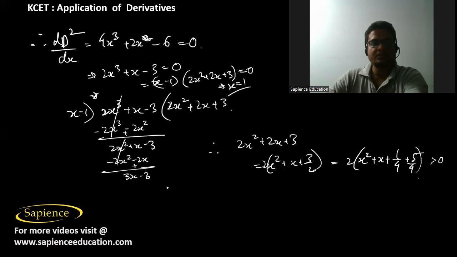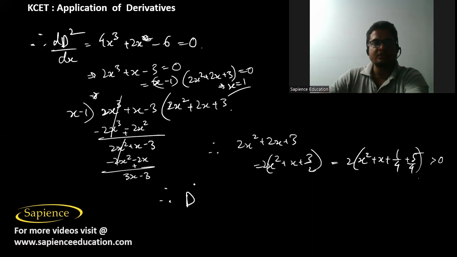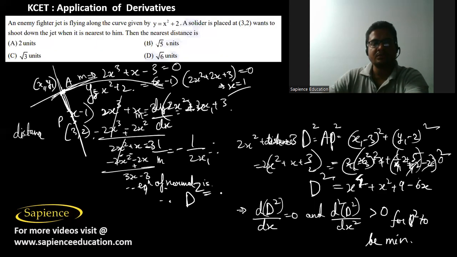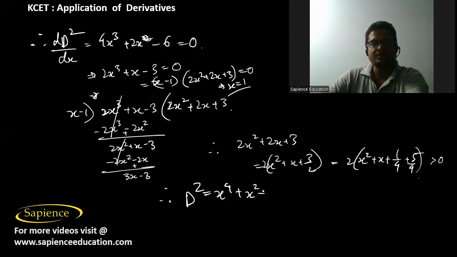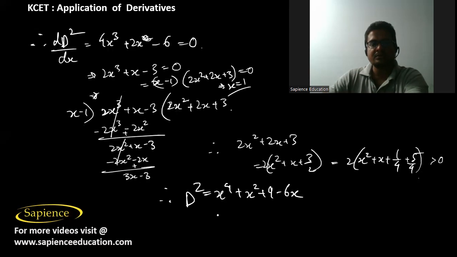Now x equal to 1 is the root, so therefore d square will be equal to x power 4 plus x square plus 9 minus 6x. So d square value at x equal to 1 will be the minimum value, since d square by dx square will be equal to